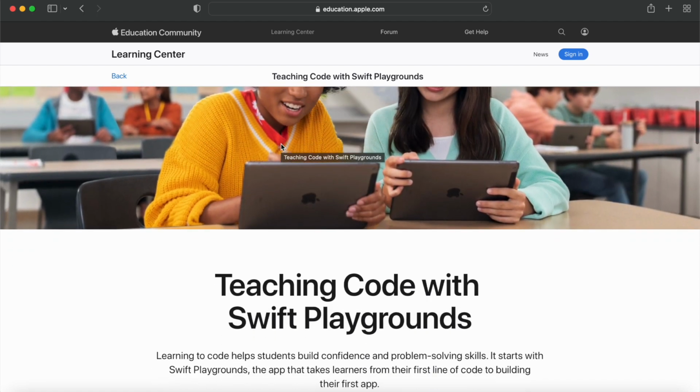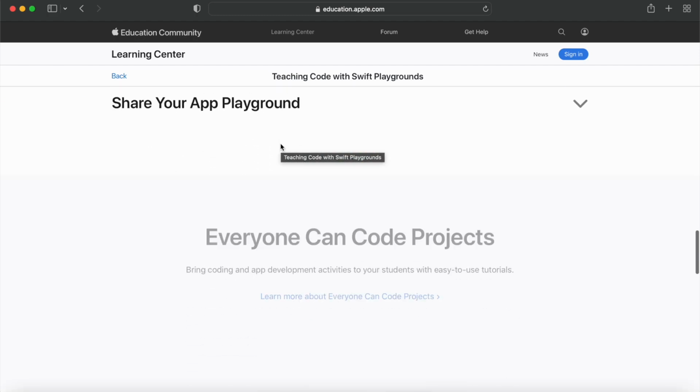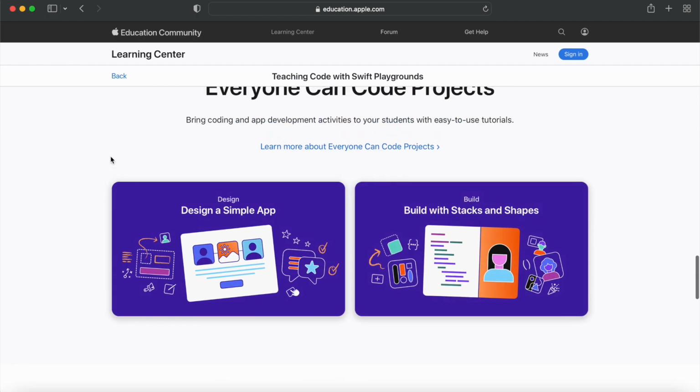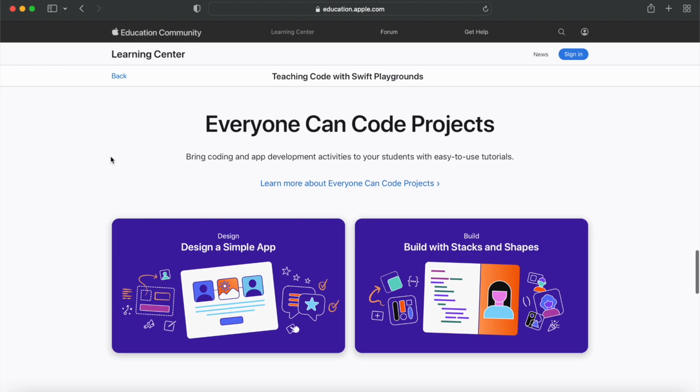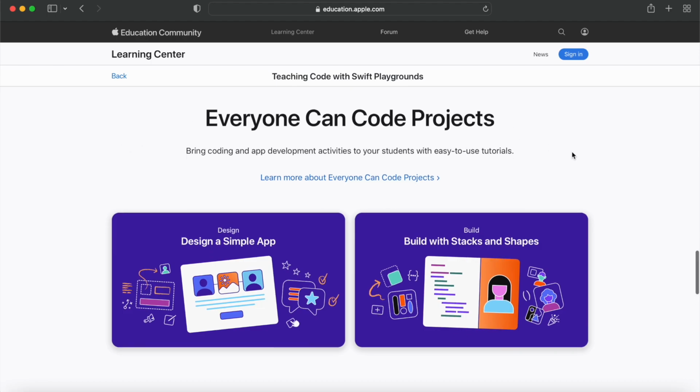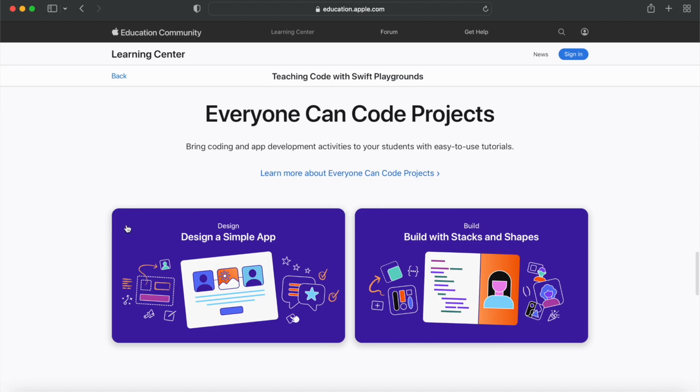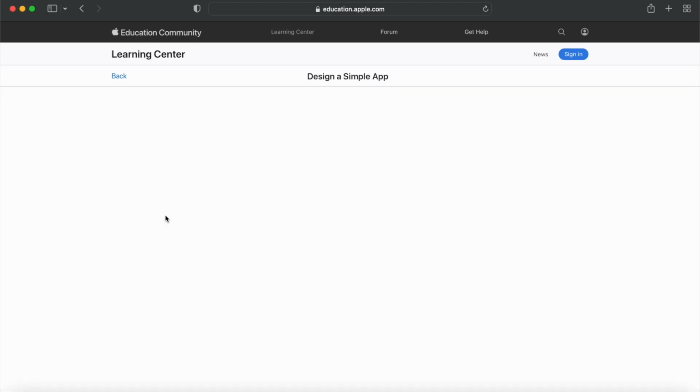And then what you want to do on here is scroll almost to the bottom, and you'll see this section here, which says Everyone Can Code projects. And here are the two projects that I was talking about. So you've got design, so designing a simple app, and then you've got build, so build with stacks and shape. So if we go ahead and click on the first project,